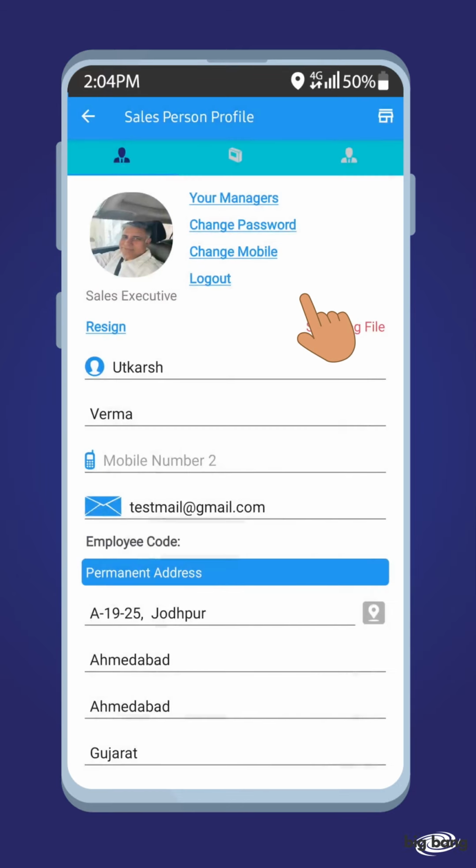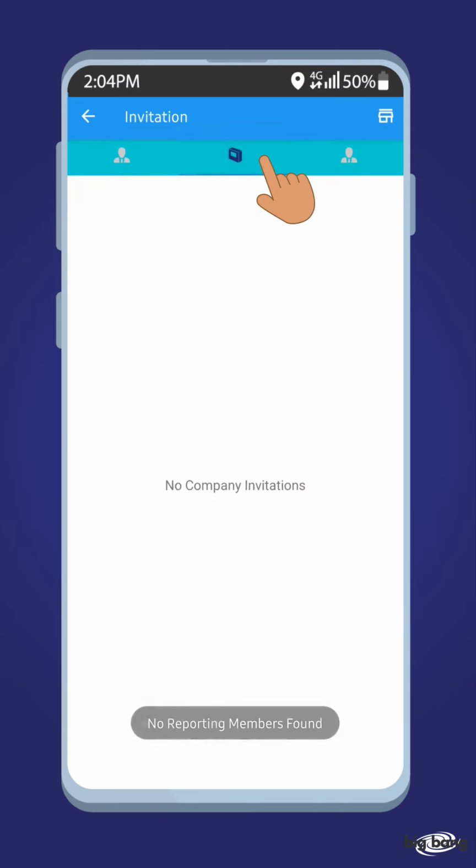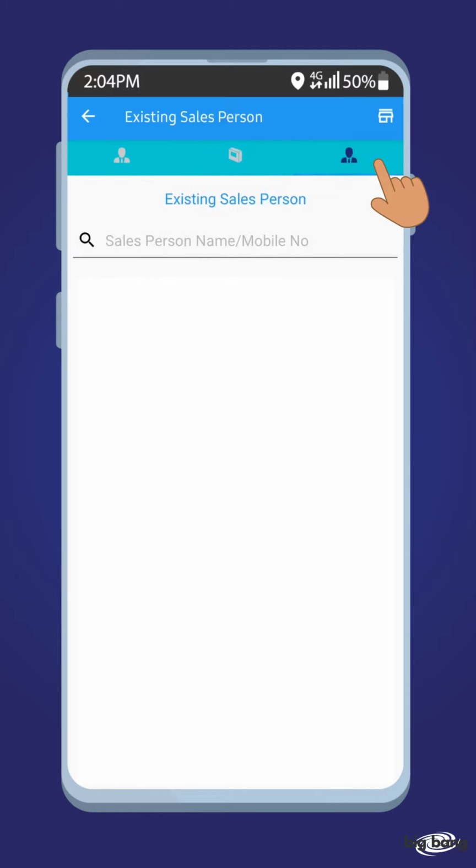There is also an option to send your log file in case of any errors you face in the app. You can also see details about your reporting manager from the tabs above. For a manager, you can see the details of your existing team working with you as well. So, this profile serves for both team and self.